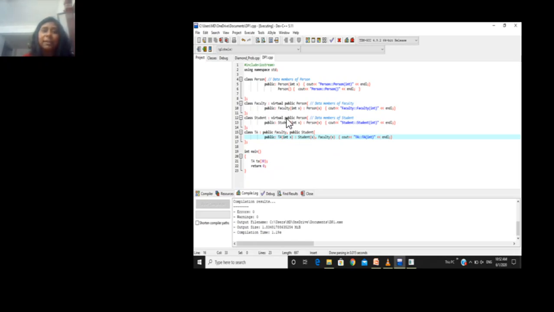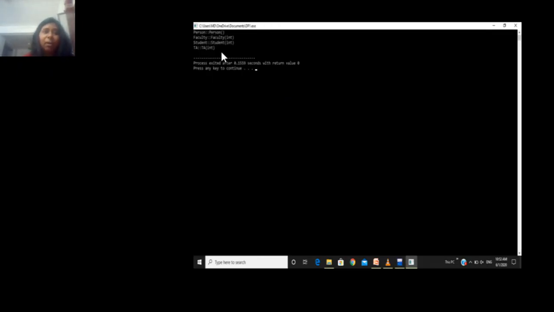Again, since this has been virtually inherited in the student class also, the system will not create an instance of person in the student class. Rather, it will create one common instance of class person. And this has been done by introducing the default constructor here. This is because we want it to be done automatically, and thus we get only one instance.